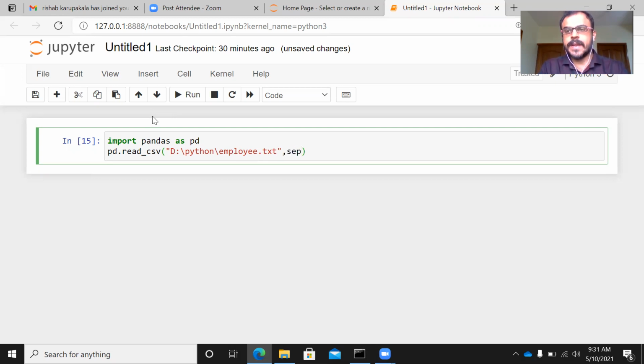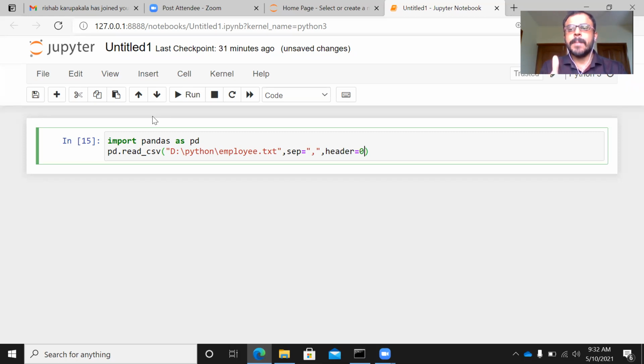The first is separator or delimiter, and within double quotes, you can specify a comma. The second argument is header. Header equals 0. In our case, the source file has a header in the first row, and therefore we will be specifying header equals 0. So these are the three important arguments that you need to specify within the read_csv function available from pandas.